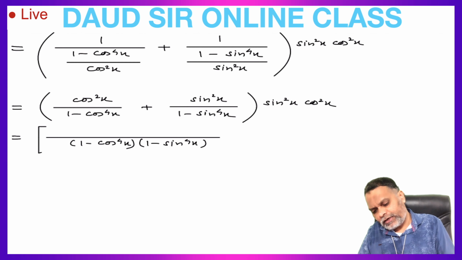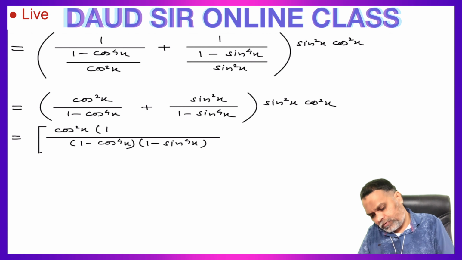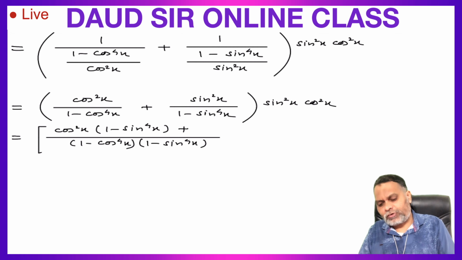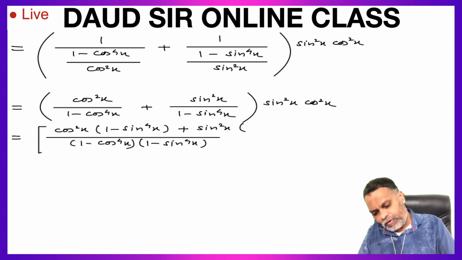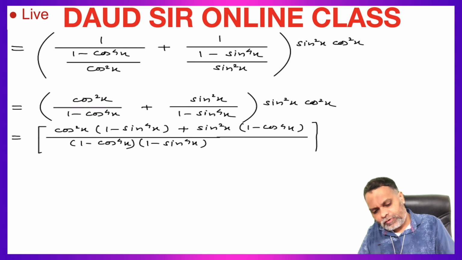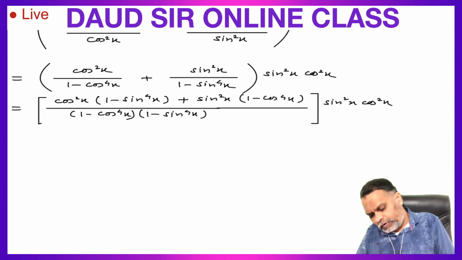Dividing by this, it cancels: 1 minus sin raised to 4x into cos square x, cos square x into 1 minus sine raised to the power 4x, plus 1 minus sine raised to the power 4x cancelled. 1 minus cos raised to 4x into sine square x, sine square x into 1 minus cos raised to the power 4x, into sine square x into cos square x, which is equal to,